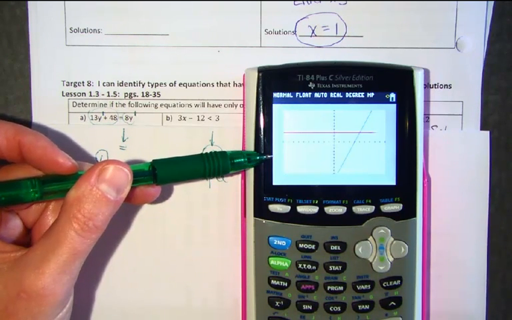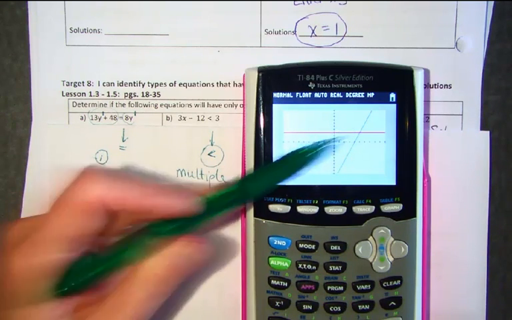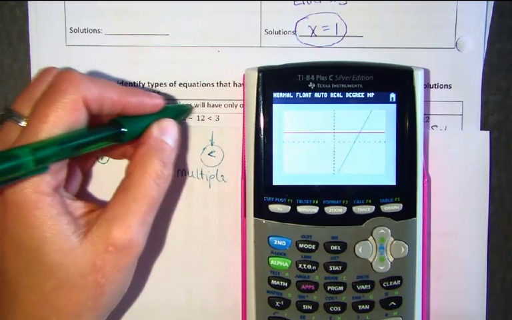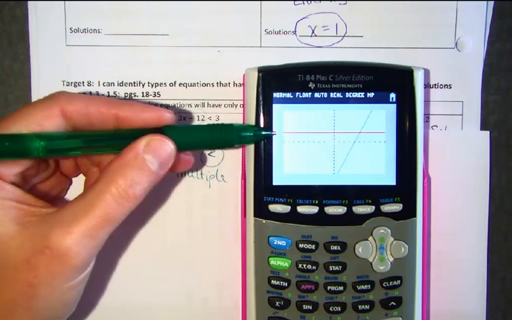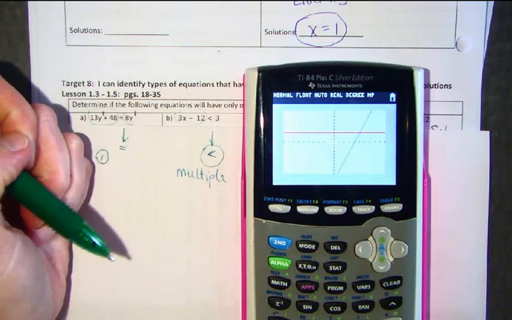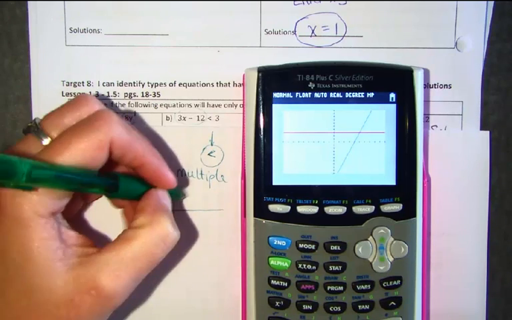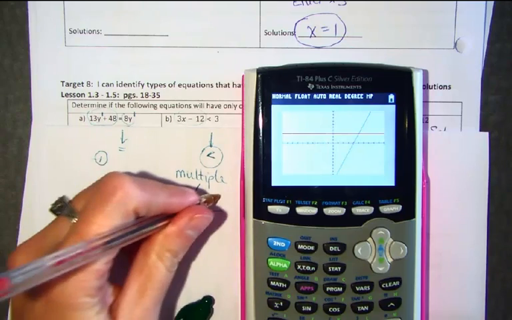And it shows me my two lines. Now it looks like they intersect at one point. But what this is really asking us is if this line has only one place above the other line or multiple. So we've got our coordinate grid here. We have our first line and our second line,